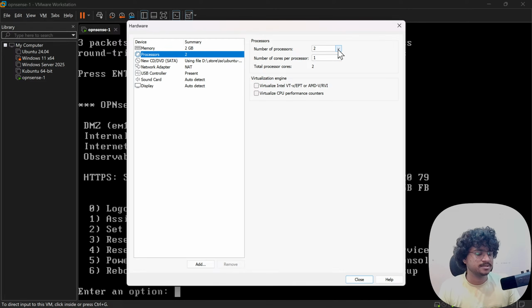and processors. Let's say, I guess it's fine. I guess it's fine. That's limited,